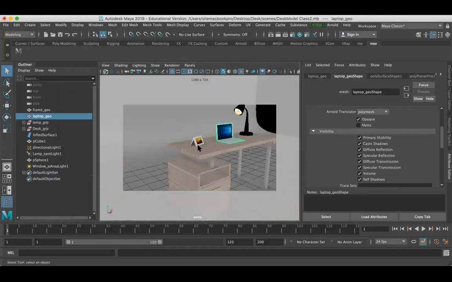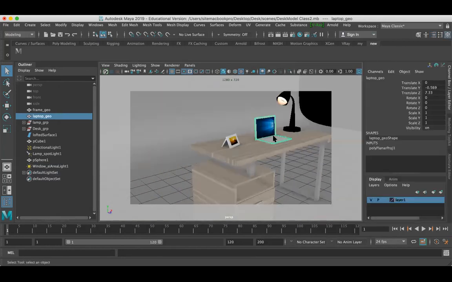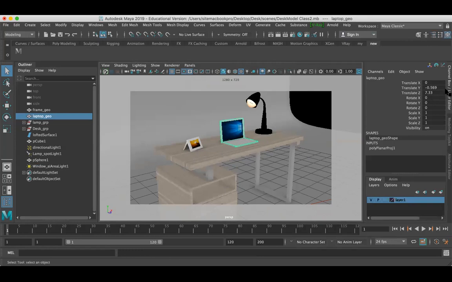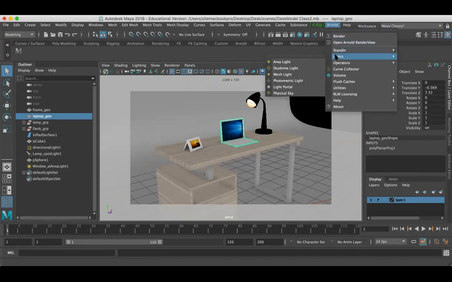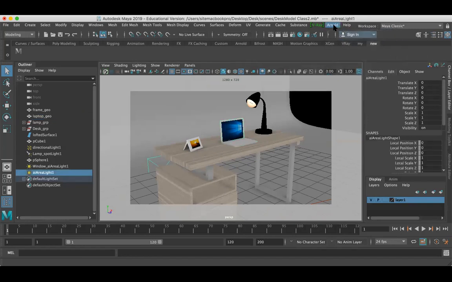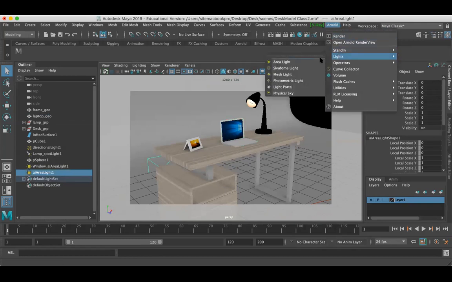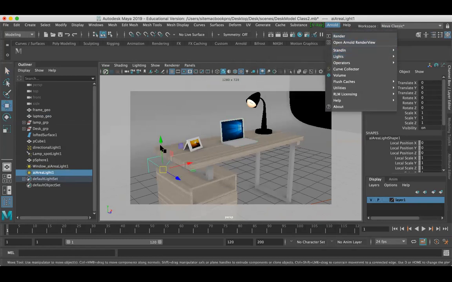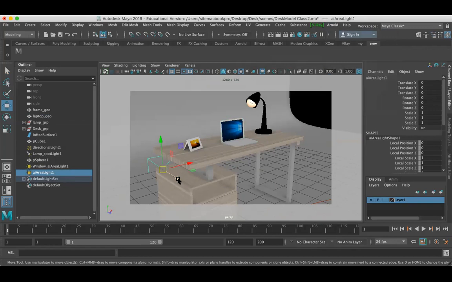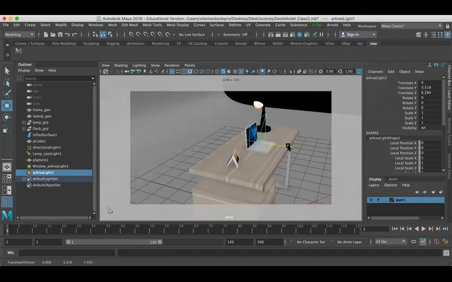And here, to make a bigger screen, I just switched back to channel box. So now I want to create another area light. From Arnold, I have selected lights, area light. You can see here the direction of the light is towards -Z, towards the left direction, right?